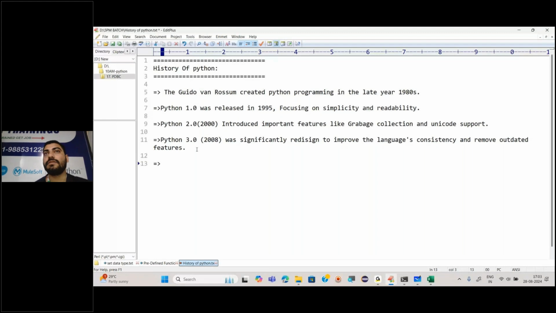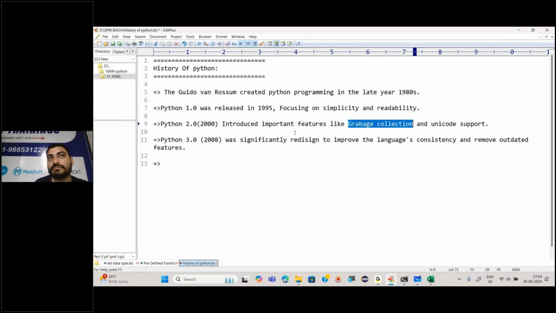So in our general life also, when we see mobiles, Android, or whatever software or operating system we use, they keep updating it, day by day, month by month, year by year. Why? Because to make our data or our application more efficient, or we can say updated. Here also, once they released 1.0, they thought we need something more, so they introduced garbage collection and Unicode support.